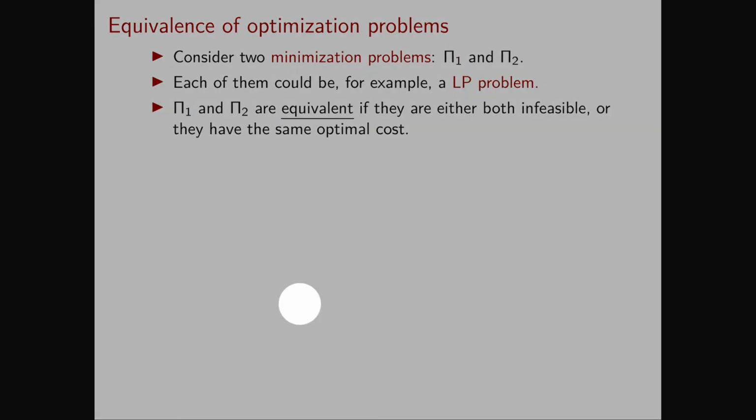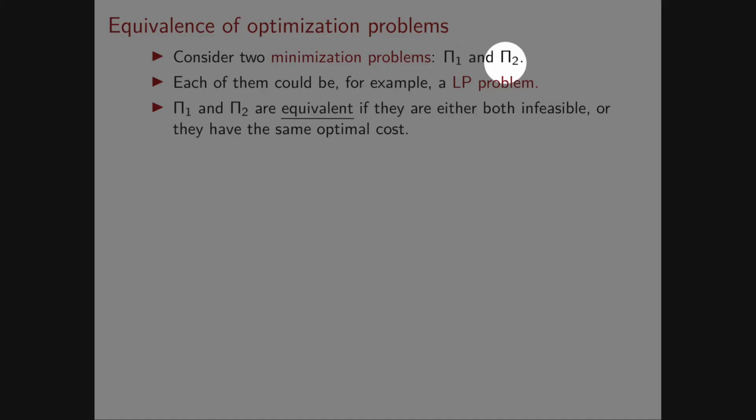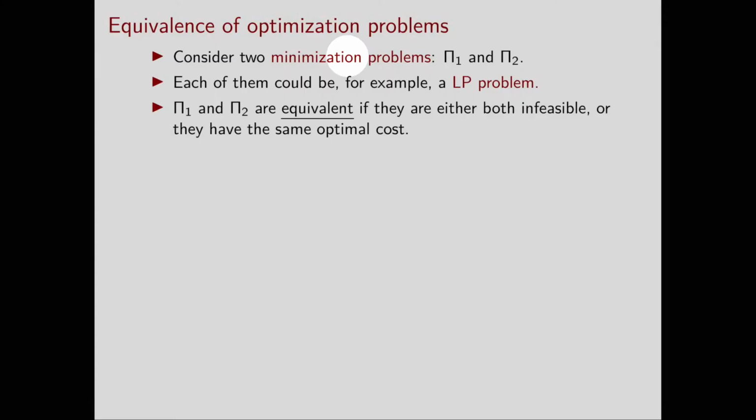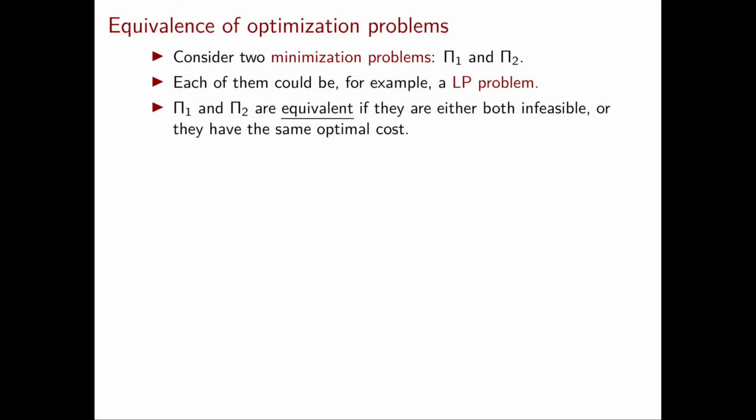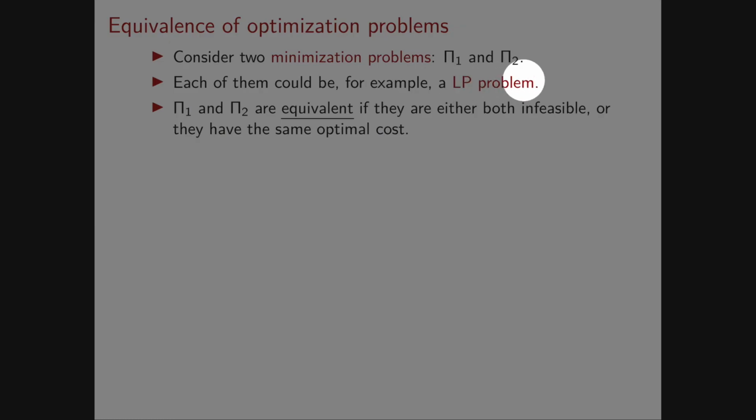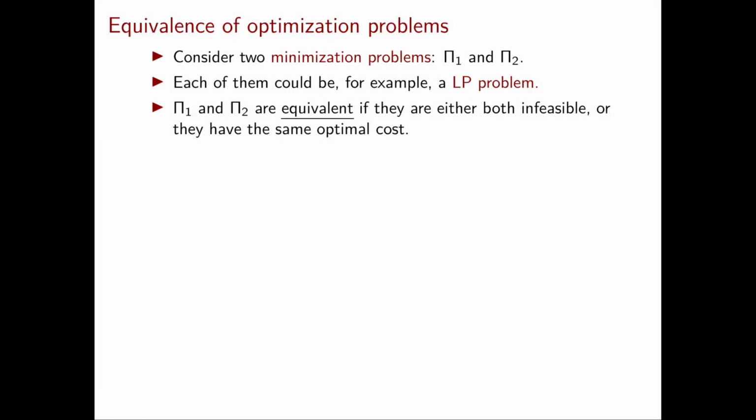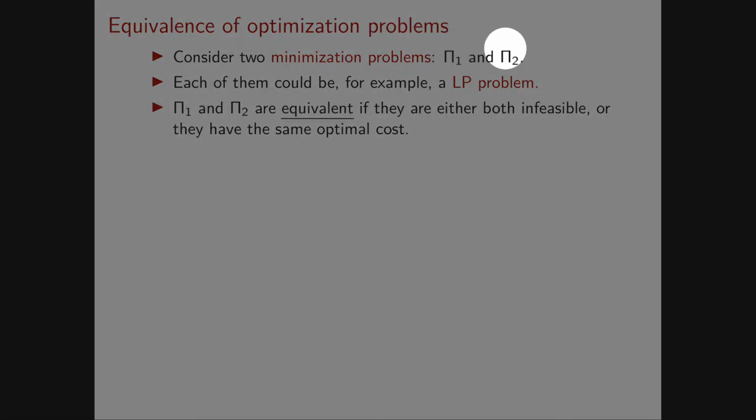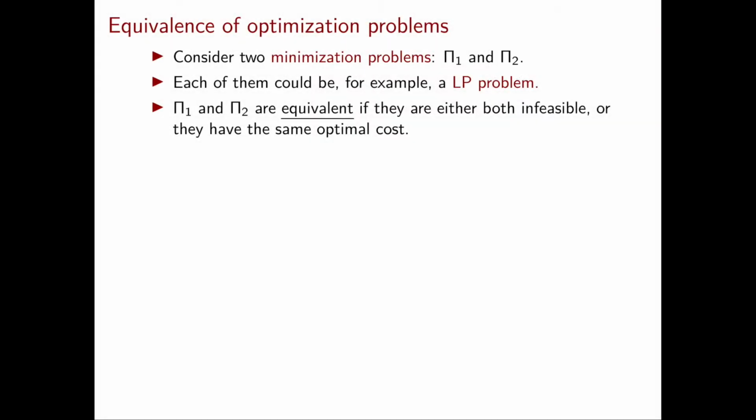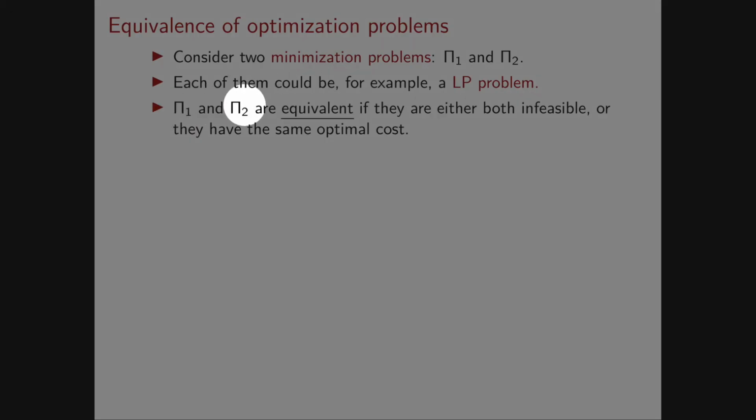So let's say that we have two problems, pi1 and pi2. Everything I'm asking you is that these are two optimization problems where we are minimizing. Even though everything I'm going to tell you now works for this general type of problems, I really want you to keep in mind as your running example linear programming problems. And actually you should think of pi1 and pi2 to be exactly the two problems in the example that we have just seen. Then pi1 and pi2 are said to be equivalent if either they're both infeasible or they have